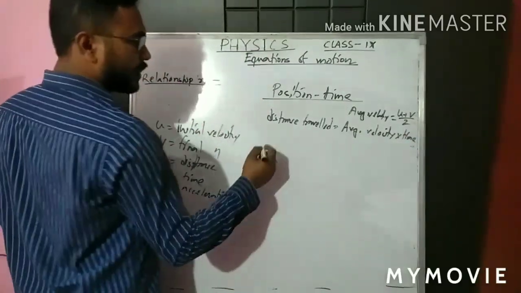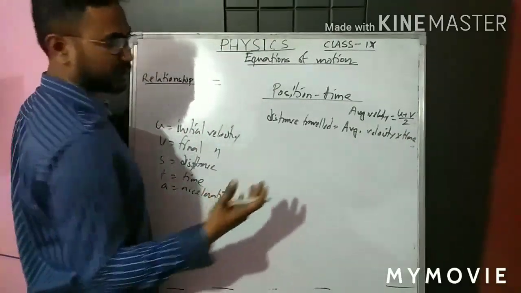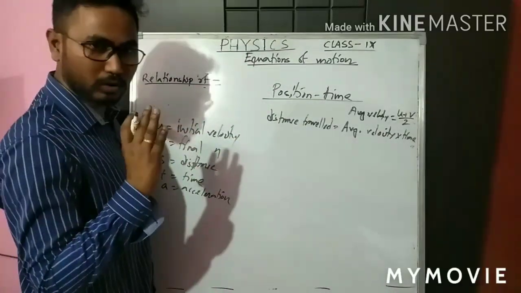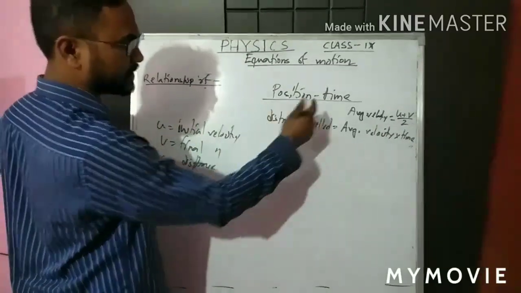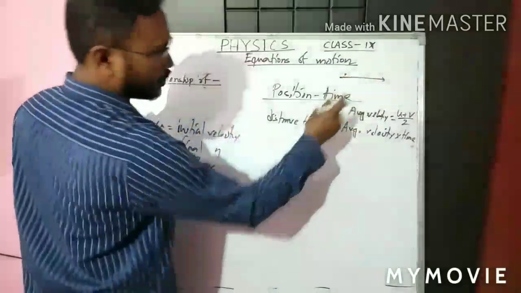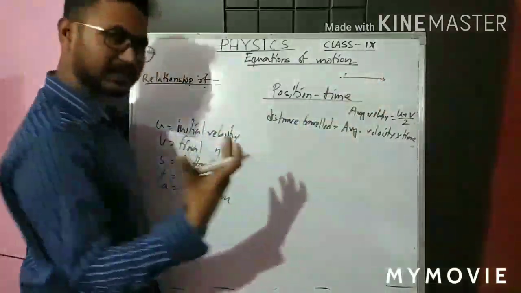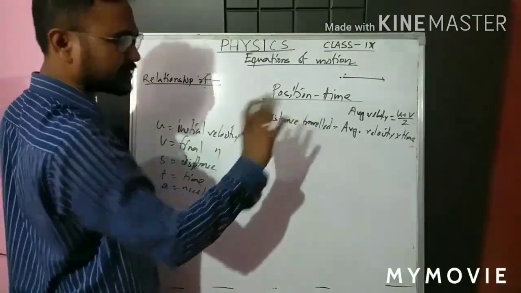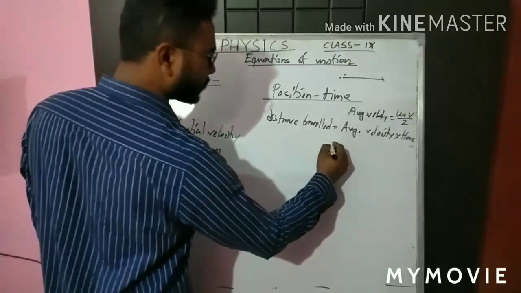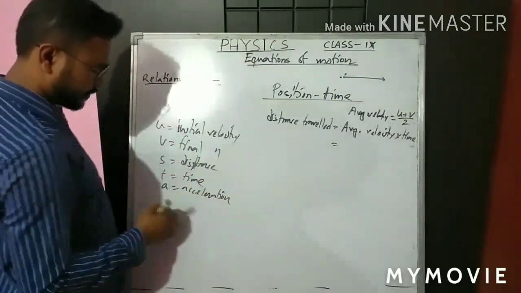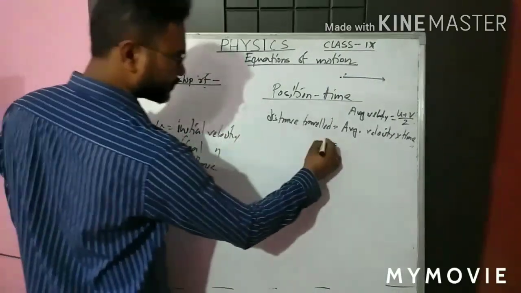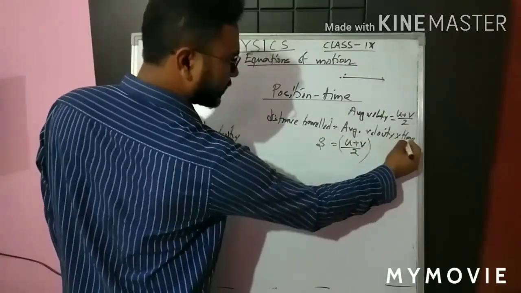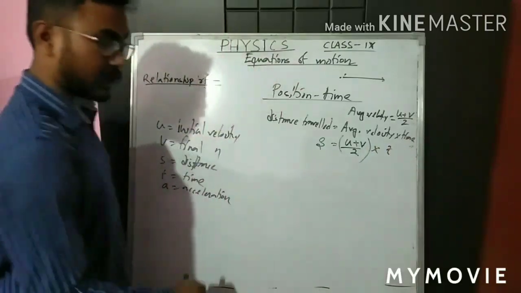Now see, again you will be confused: sir, you are writing velocity but you are writing a distance. Don't be confused, because here we are considering motion in a straight path. So for that straight path, distance is the same as displacement, so you can write displacement here also, no problem, right? Now what is the symbol of distance we are considering here? Distance is s, average velocity is (u plus v) by 2, and time is t.